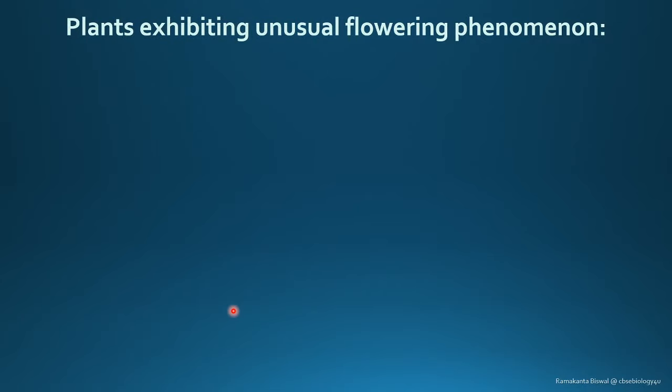Now, there are certain plants which do not follow this pattern. So, as we have been talking about till now, every plant typically goes through the vegetative phase, reproductive phase, and senescence. And in the reproductive phase, typically the plants would flower and produce the fruits, which will contain the seed, and the seed can regrow again. But there are certain plants that do not follow the typical flowering pattern, and they have a very unusual flowering phenomenon.